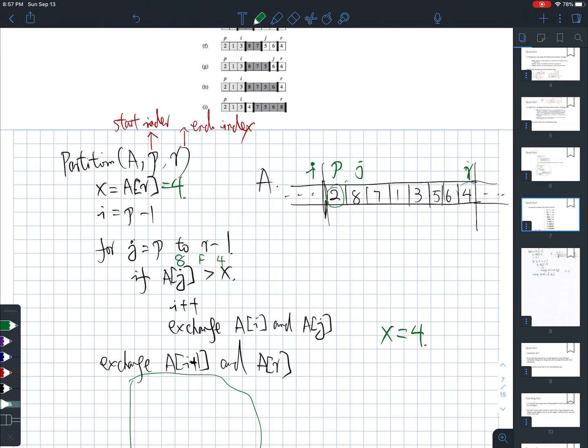So aj is 8, and while x remains unchanged, this is going to be true, which means that we will be able to execute the two lines inside the if statement. First we are going to increase i by 1, so i moves one place to the right. I moves here, and then we're going to exchange ai and aj. So here we're going to exchange